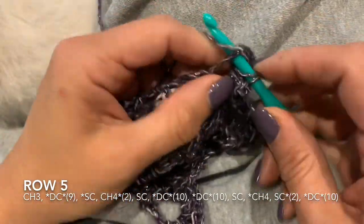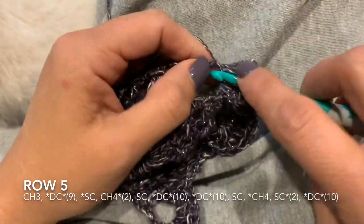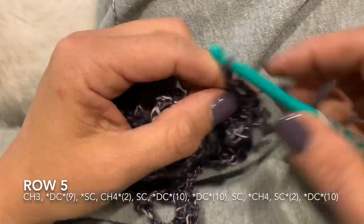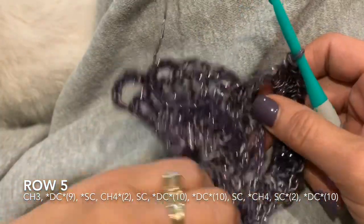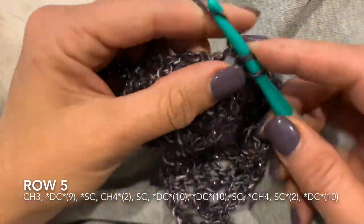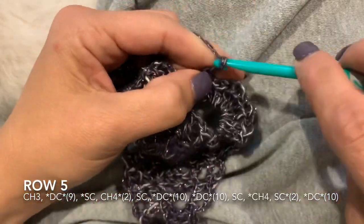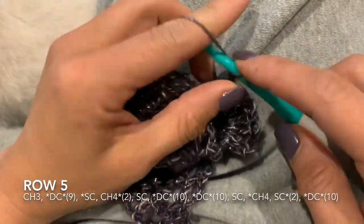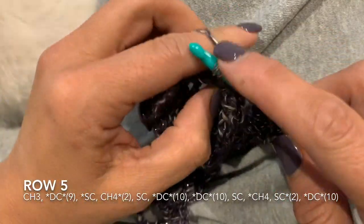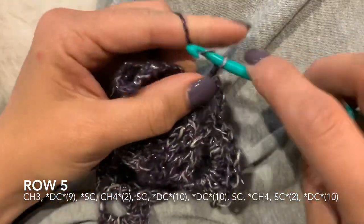You are probably starting to see a pattern emerge here, and as we get through rows 4 through 8, the pattern that you need to repeat for each section thereafter is just repeating those rows until you get to the size of shawl that you want. So I will be going through the rest of the rows with you here, and then hopefully by that time you will be able to see that there is a pattern emerging,